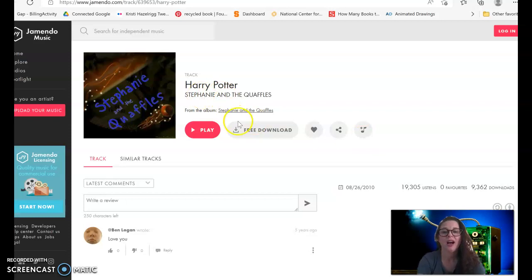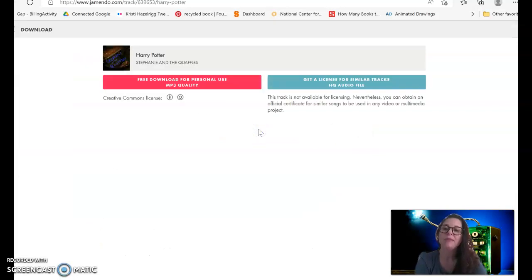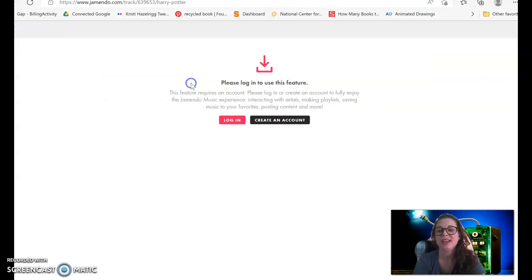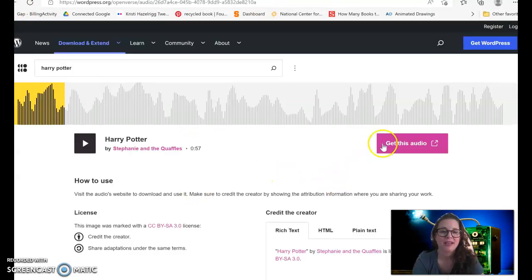Now, I can choose the free download, but the problem is with sites like these, what ends up happening is that you can try and get the free download, but it wants you to create an account. If you create an account, which is very easy, you can get access more easily to it. But if that doesn't work, and say that I need to get the audio,